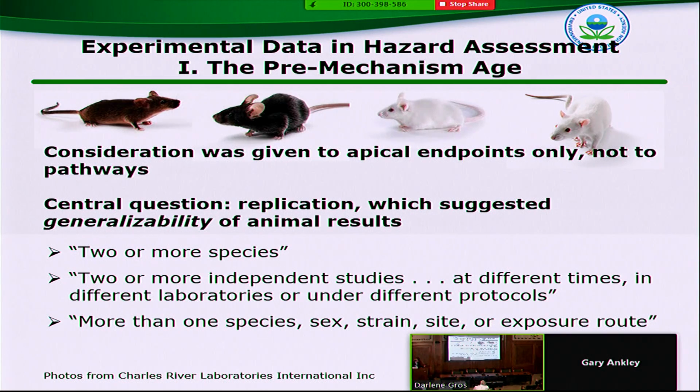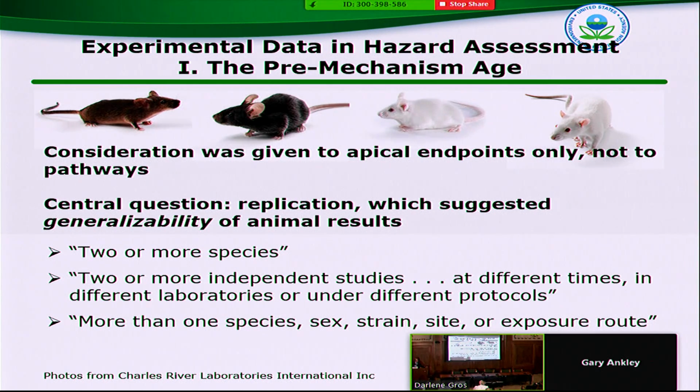So in the early days of risk assessment or hazard assessment, I'm really talking from about the 1970s through about the mid-1990s, I would call that the pre-mechanism age. And we were looking only at apical endpoints. Does this cause cancer in animals? Does it cause reproductive decreases? Does it cause neurotoxicity in animals? And it was tested in various strains of rats and mice, depending on the outcome you were looking at. And what we were looking at was replication. And if something was replicated in multiple test systems, you had more of a confidence that it would be relevant